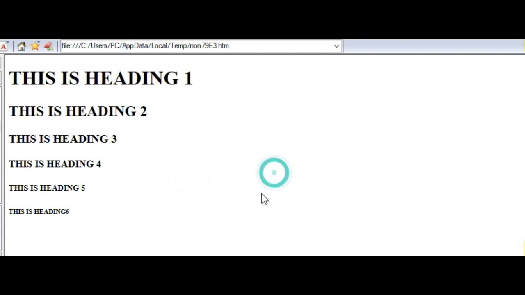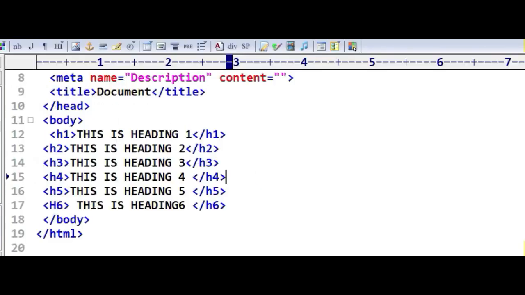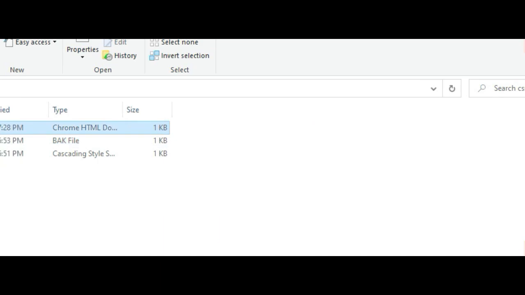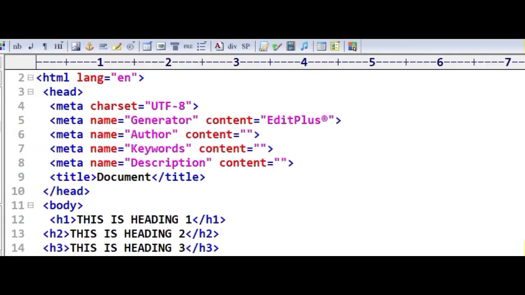Now I have to include this style into my page. So I have to link this file inside the head tag.